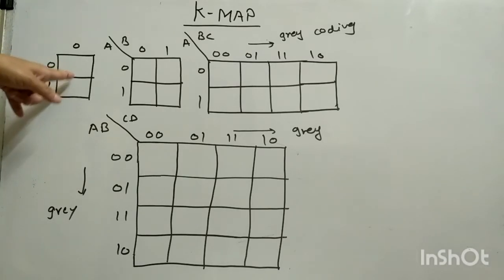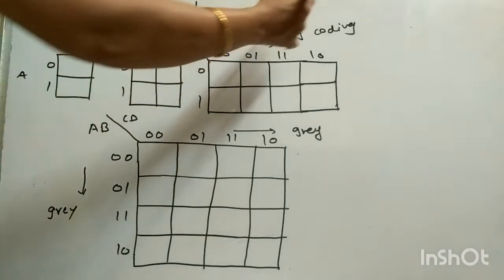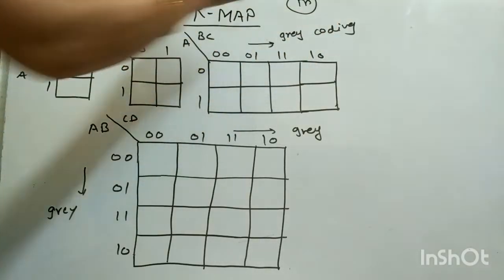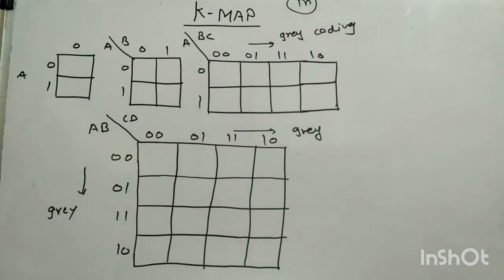Now I will name these cells. Here, instead of using the product term, I am going to write some shorthand notations corresponding to each product term, and these shorthand notations are represented by a small m and are called minterms. So now I will represent each cell using the corresponding minterm. Now see how to write the minterms.